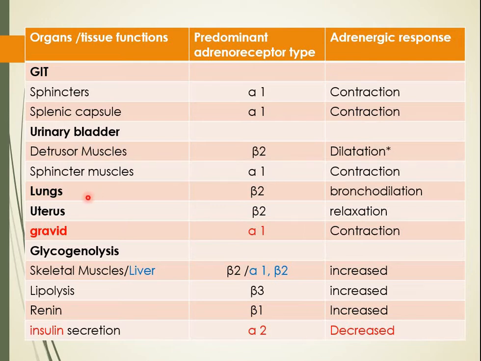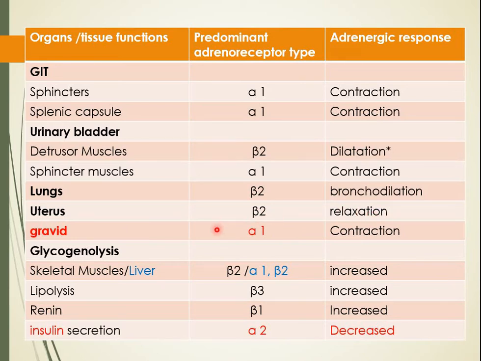Excuse me. In the case of lungs, there are beta 2 receptors, and their stimulation will lead to dilation, and this bronchodilation will promote more oxygenation, as a person is in the fight and flight mechanism, or the BMR is high as he is performing physiological actions at high rates. The uterus will have beta 2 receptors, so